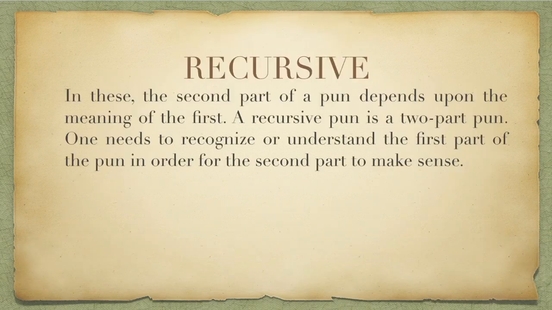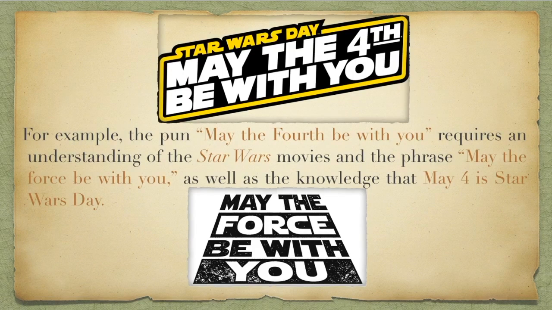Alright? Now, the last category, recursive. In this case, the second part of a pun depends upon the meaning of the first. So, a recursive pun is a 2-part pun. One needs to recognize or understand the first part of the pun in order for the second part to make sense. Alright? For example, the pun, "May the Fourth be with you," requires an understanding of the Star Wars movies and the phrase, "May the Force be with you,"